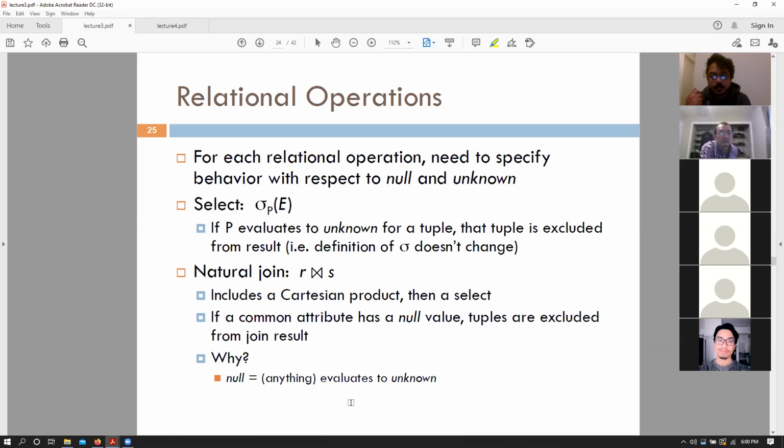Remember, the select operation was the operation to filter out certain rows from a table dependent upon some predicate P. If that particular predicate P evaluates to true, then those rows were printed out, right? We talked about that example in the bank account that says, get me all the users with a bank balance of $300 or more. That was your predicate, that is balance greater than or equal to 300. And for those rows for which those are true, those values are